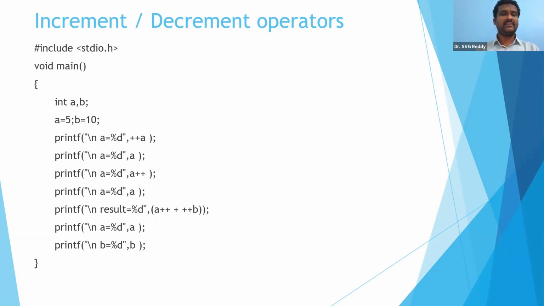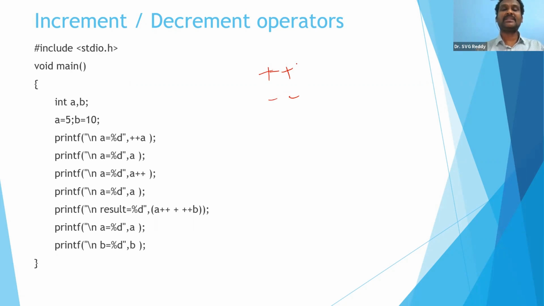So of course, we have taken two variables here in the main function: a is equal to 5 and b is equal to 10. Let's understand this small thing, but of course we need to have a small clarity here. Mainly we have two operators here, a plus plus, for example. So the plus plus operator and the minus minus operator.